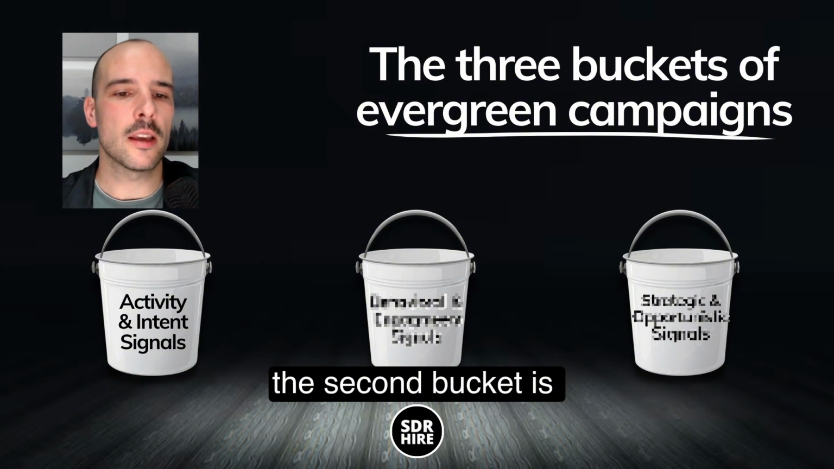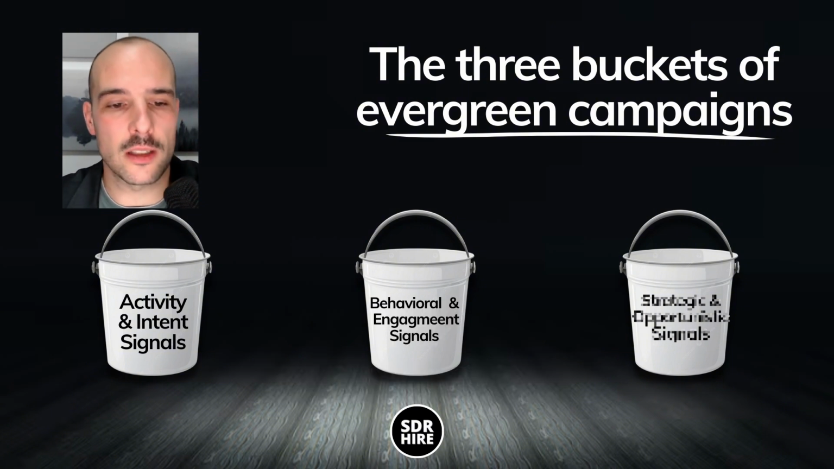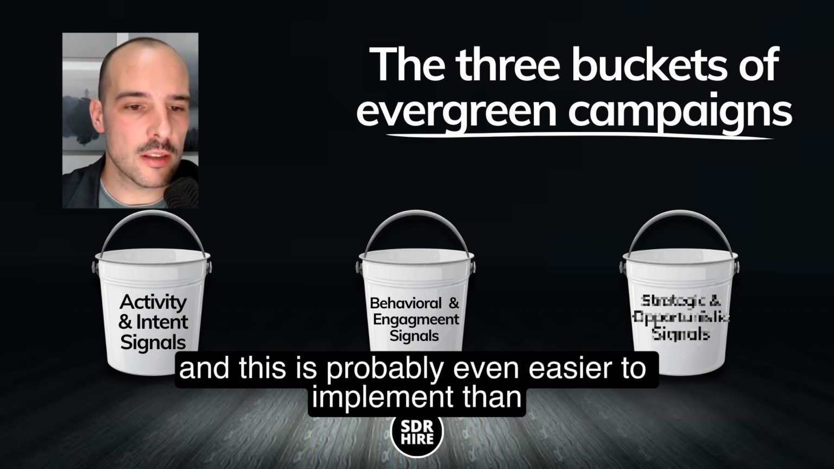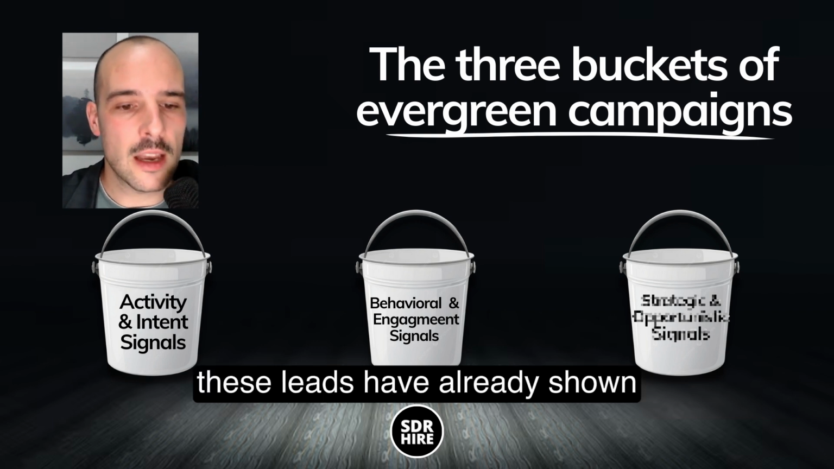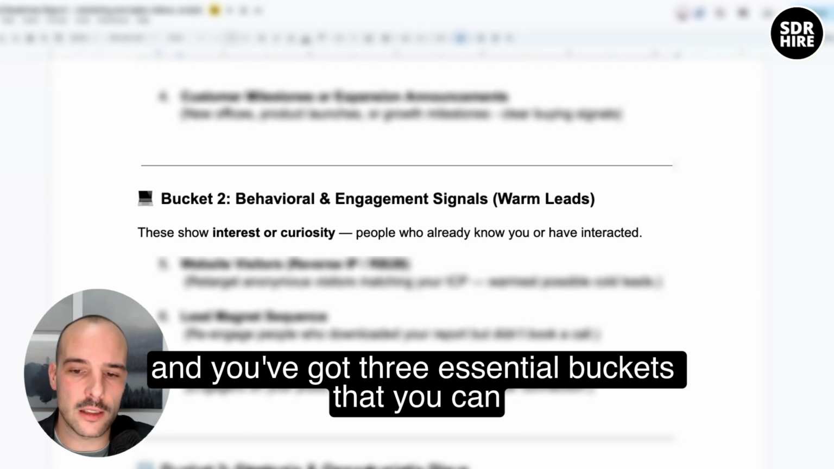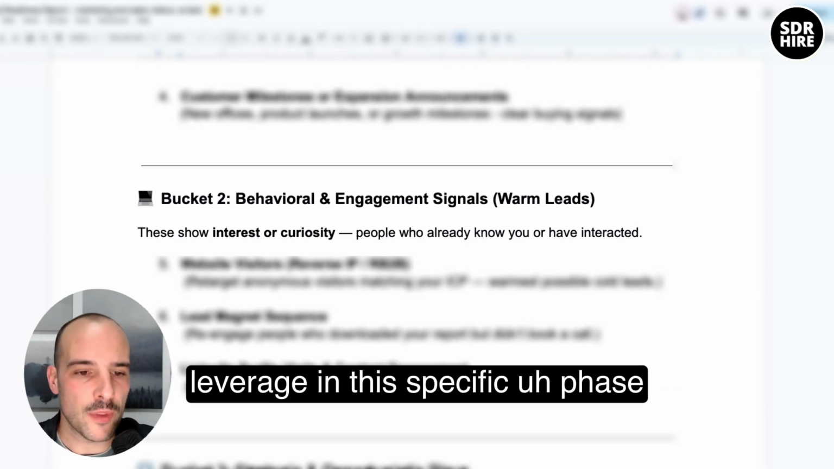Now, the second bucket is behavioral and engagement signals, where you can essentially rely on existing data and infrastructure. This is probably even easier to implement than the first bucket because these leads have already shown some level of interest and curiosity. And we've got 3 essential buckets that you can leverage in this specific phase, which is